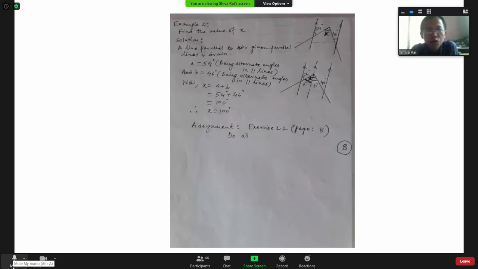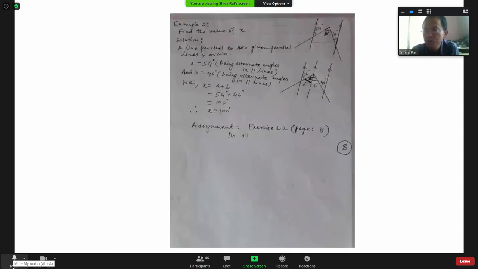So here, for example, find the value of x from the given figure. You look there, one angle is 50 degrees, another angle is 46 degrees given. And that x we need to find there. x is the angle formed by two straight lines. You have to find the value of x. So how to find its solution? Already I have told you.